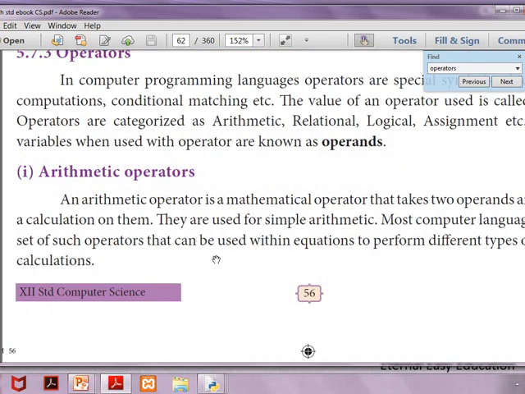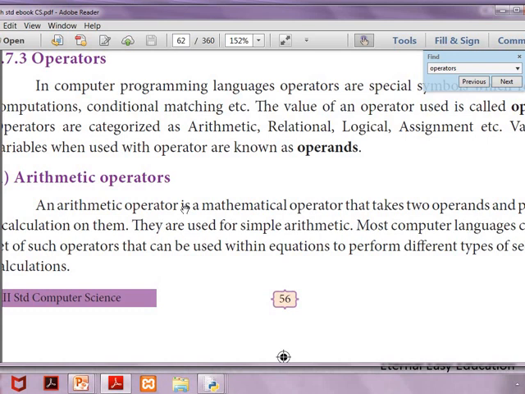So, first one is arithmetic operators. An arithmetic operator is a mathematical operator that takes two operands. So, remember this point. The arithmetic operator requires two operands. That means it requires two values to do its task.